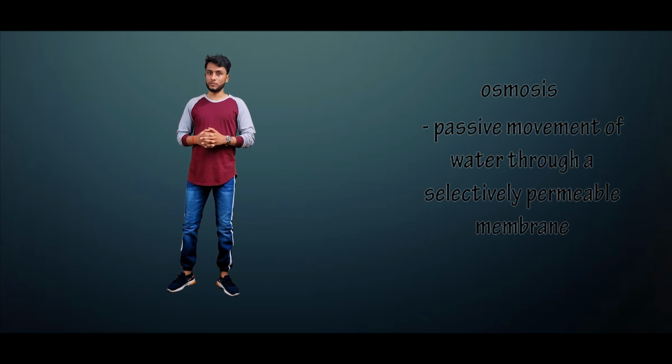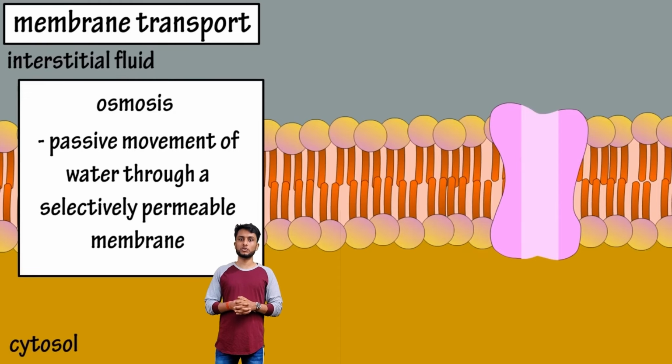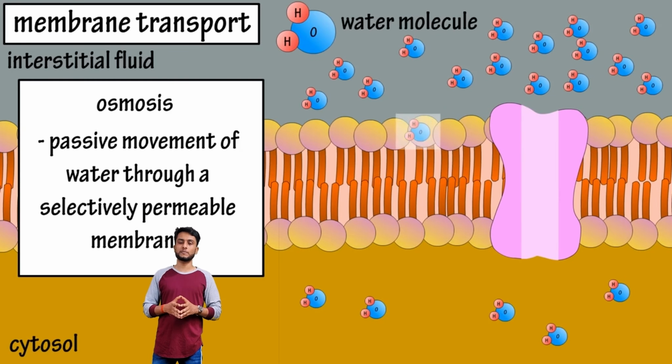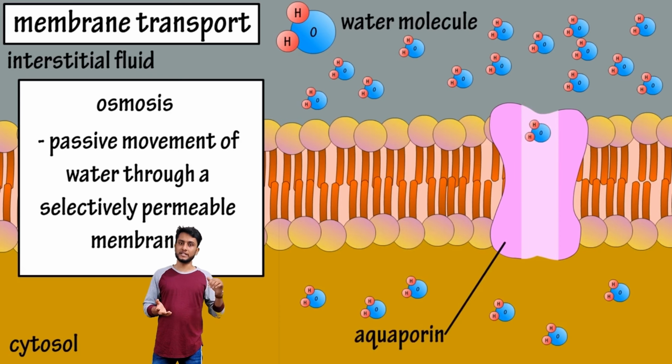Now coming to another type of process, that is osmosis. It is also a passive movement of water through a selectively permeable membrane. This process can only be seen when there is a difference in the concentration of water molecules on either side of the membrane. To make up this difference, water molecules will move to the side containing their lower concentration, and this will happen in two ways. Water molecules can pass through the plasma membrane or also through a protein embedded in the membrane